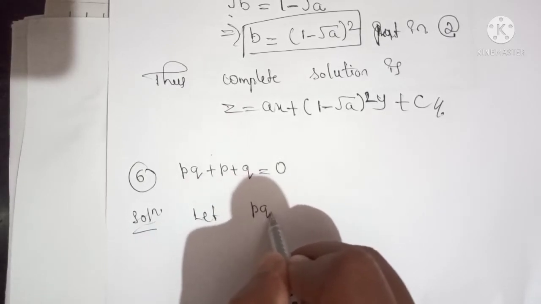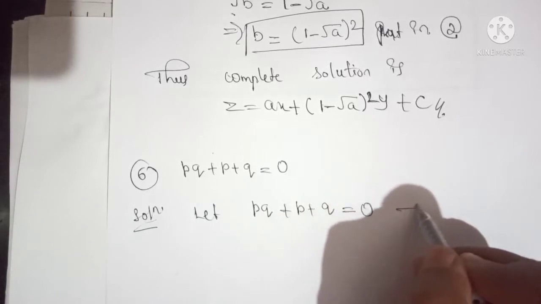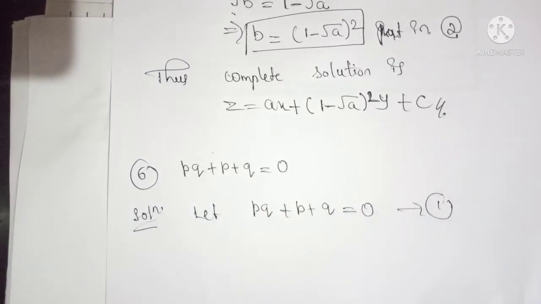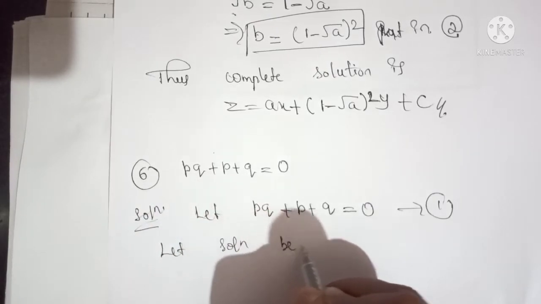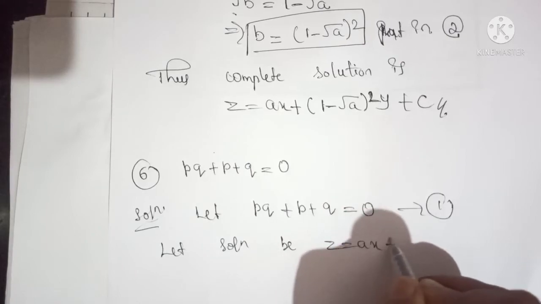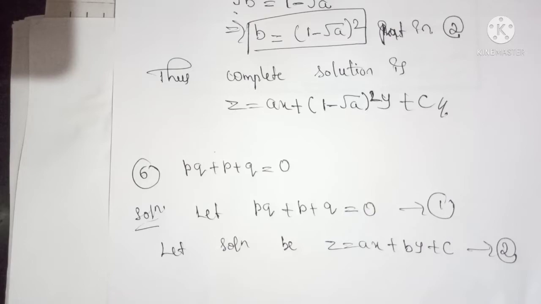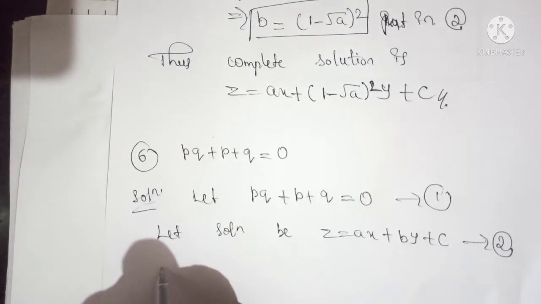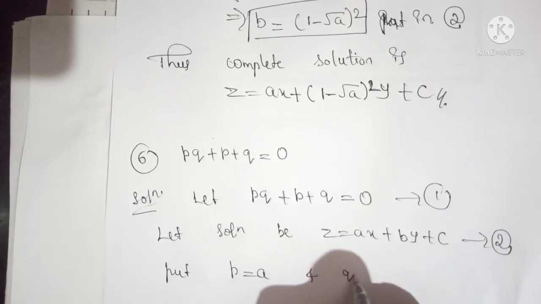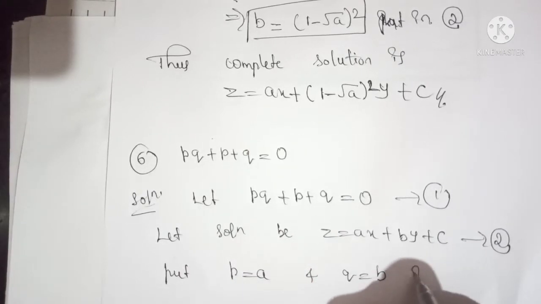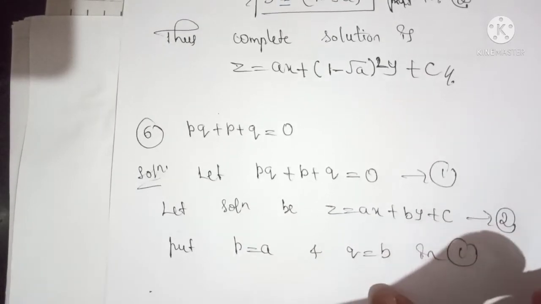Let pq plus p plus q equals 0 be equation 1. Now let the solution be z equals ax plus by plus c, as equation 2. Now replace p by a and q by b in equation 1. So replacing in the given equation, we get